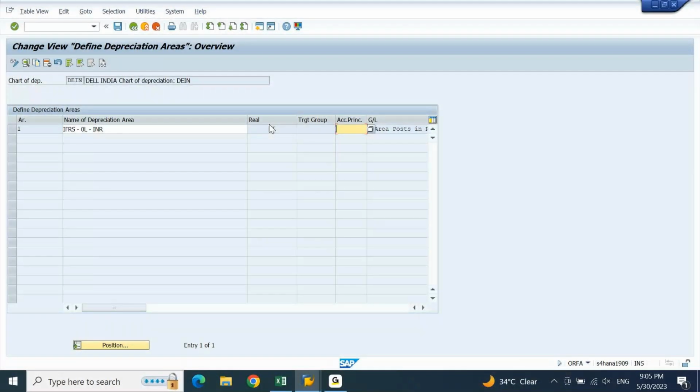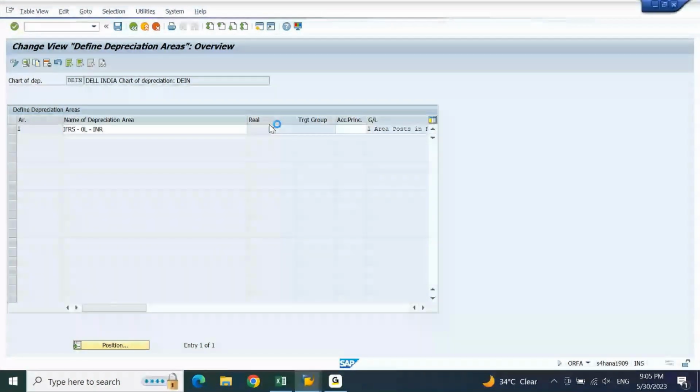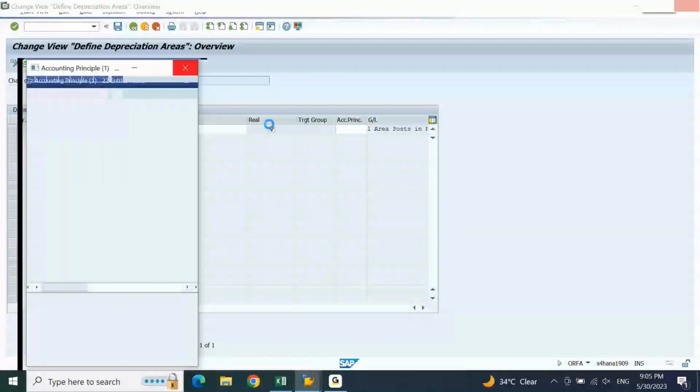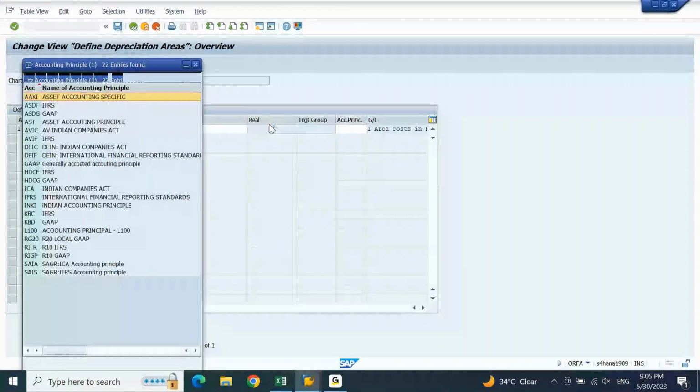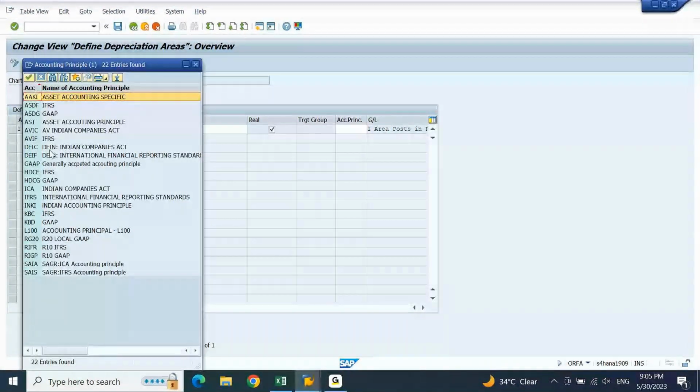For IFRS, we created one accounting principle starting from DE. So you need to pick your accounting principle which is created by us, DEIF. From this drop down which is going to come, we have to pick up DEIF: DEIF, International Financial Reporting Standards. Clear?